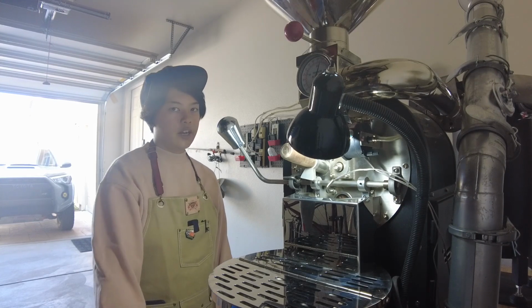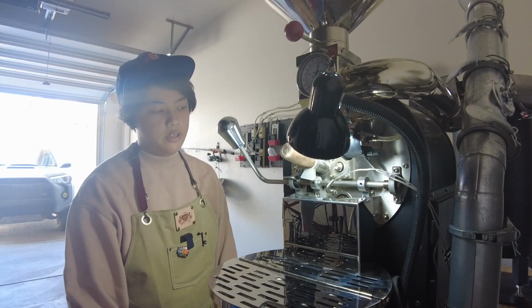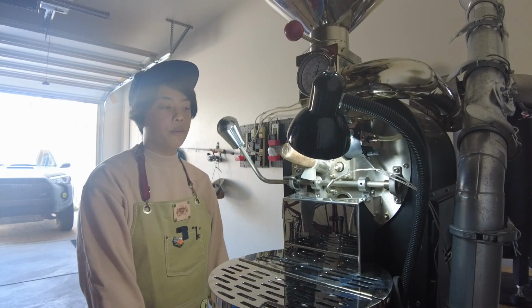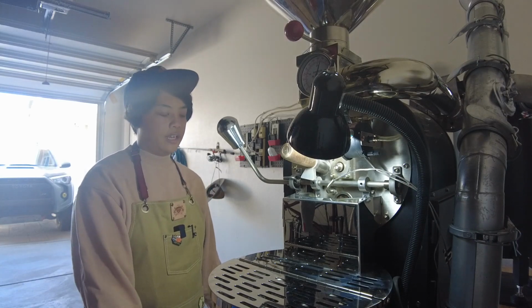I think we're going to get a later first crack, which is fine, because we're going to a City Plus, maybe early Full City. But I really want to develop the body of this coffee more, because just going for light,